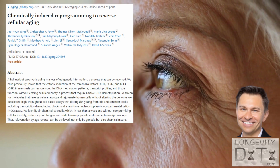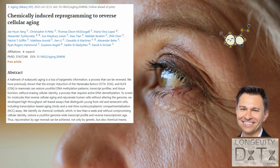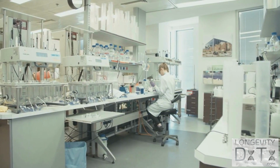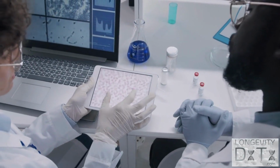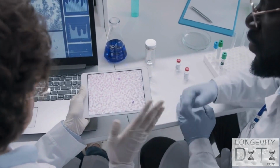In David Sinclair's newest paper, his team shows that cocktails of small molecules have the potential to reverse aging. In this video, we'll highlight the important findings in Sinclair's newest paper and whether this study moves us closer to turning back the aging clock. Let's dive in. In this study, Sinclair's team first created a system to help screen for small molecules that could